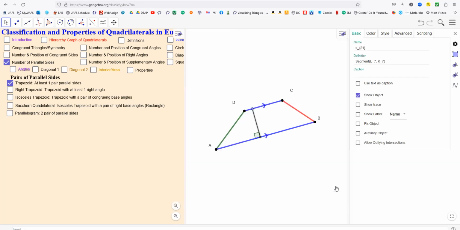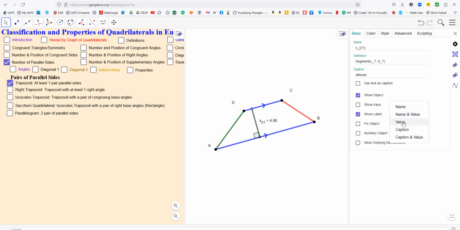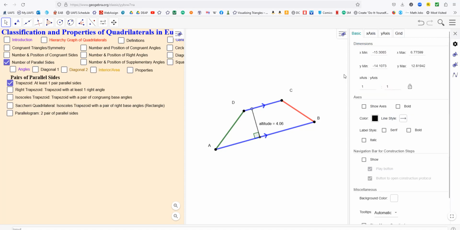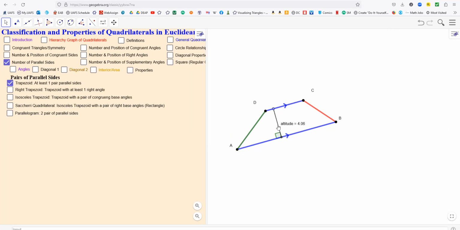Let's call it altitude, and let's give it its caption and value as a label. So there's the altitude. The altitude is the segment. Its length is the height. So there's an altitude, and there's the height of this, and it stays the same distance apart no matter where we are on there. That's not a property that we have in other geometries, but it does work in Euclidean geometry just fine. Let me go ahead and make a checkbox for that,